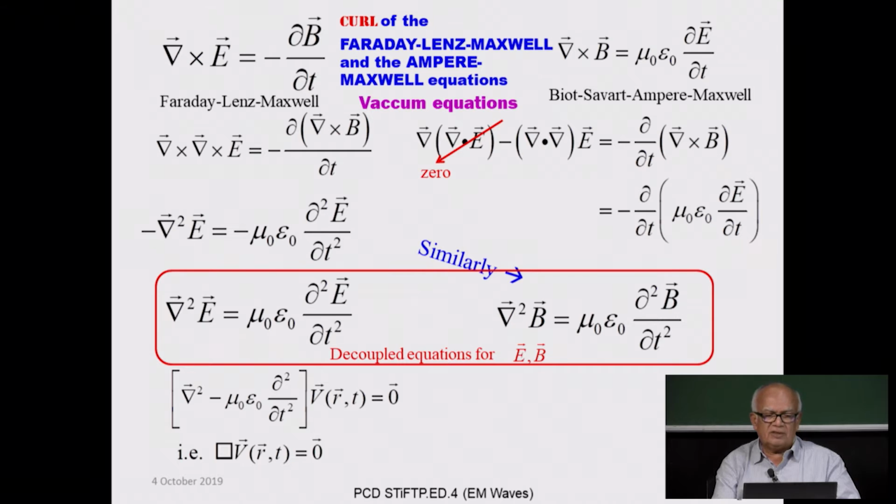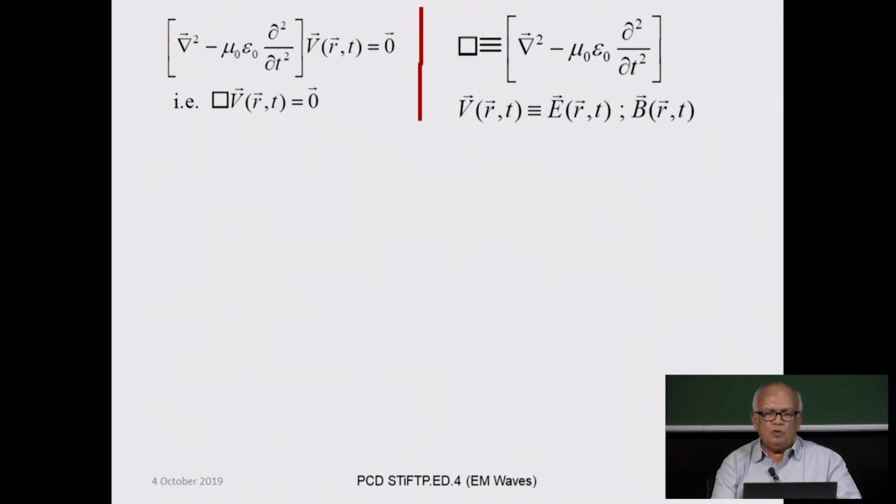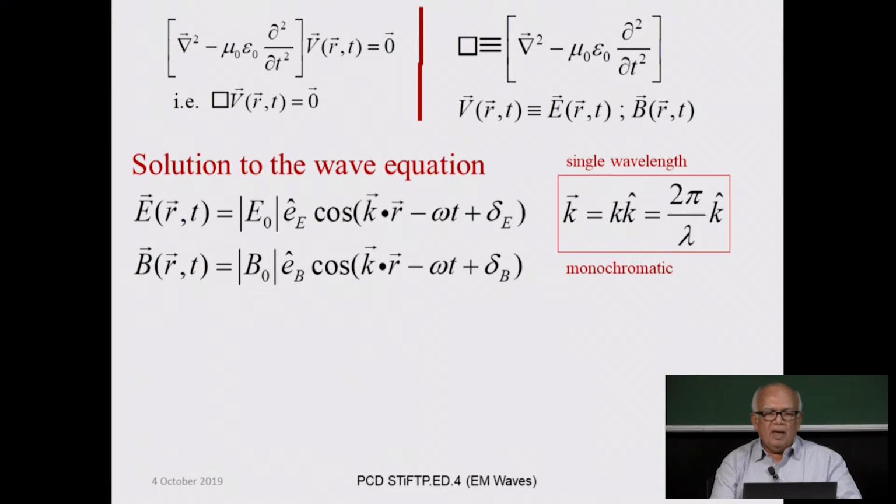of the electromagnetic fields, and both the equations can be written in a common form. They have got exactly the same form. The operator in the box is what is often called the box operator, or the D'Alembert operator, and it operates on the vector field V, which is a function of space r and time t, and this vector field V in the two cases of interest to us are respectively the electric field E and the magnetic induction field B. Okay? So, these are the two fields for which you have these two wave equations,